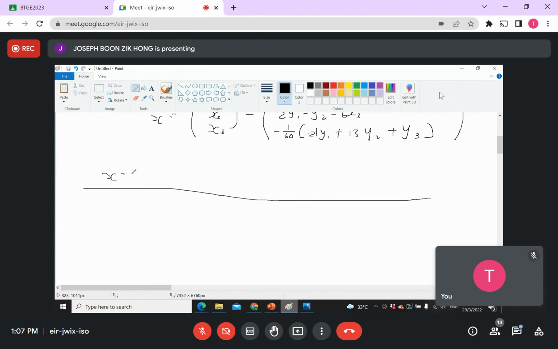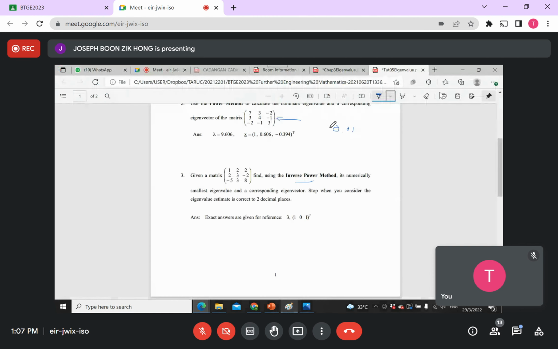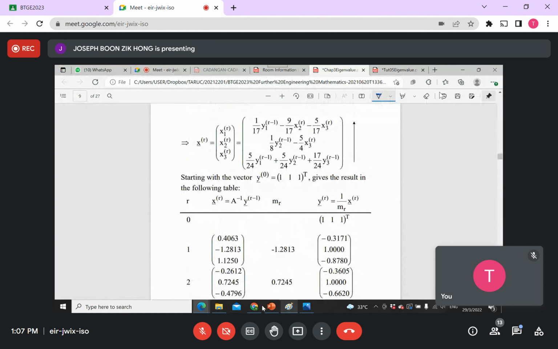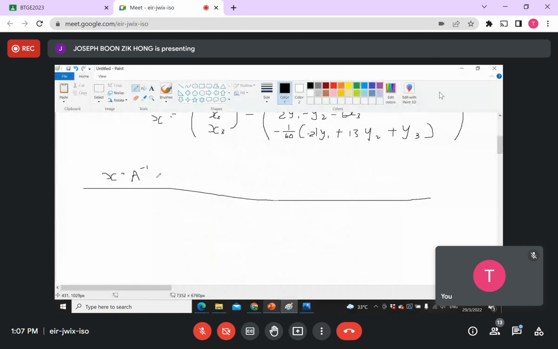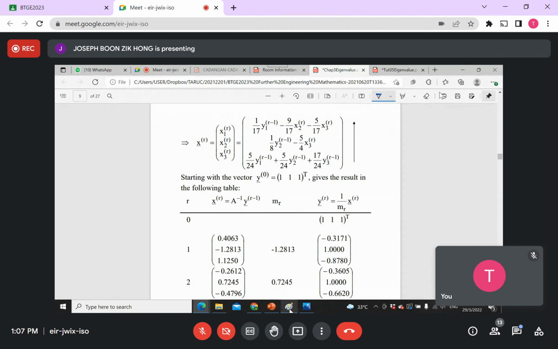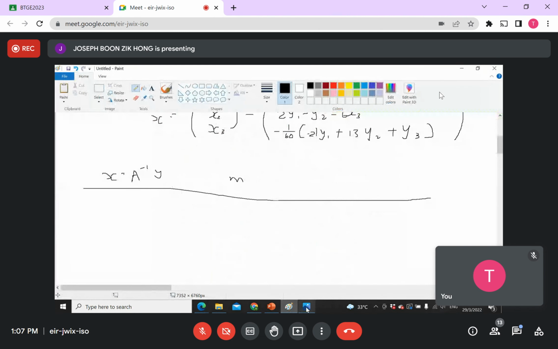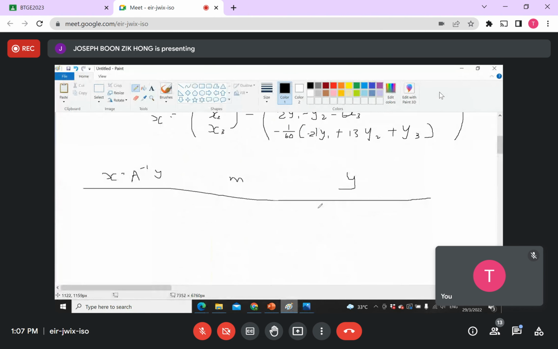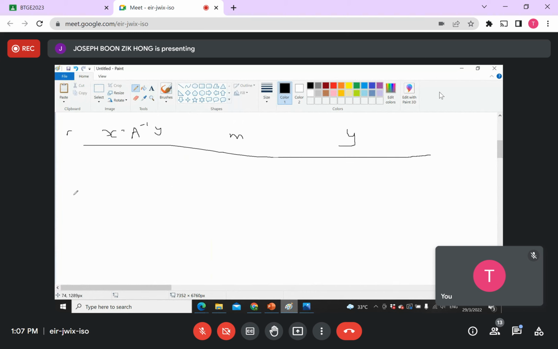X is A inverse, according to the formula, A inverse y. And then you also have your m, the biggest eigenvalue, and also you will have your y. So when the first one is 111,